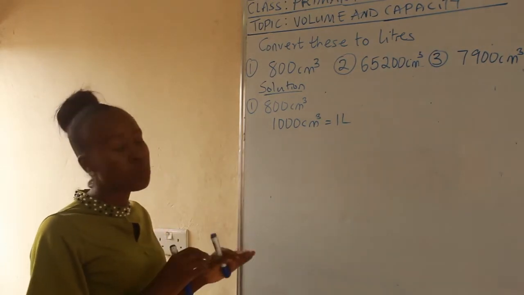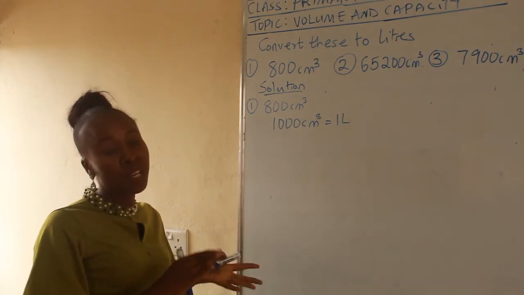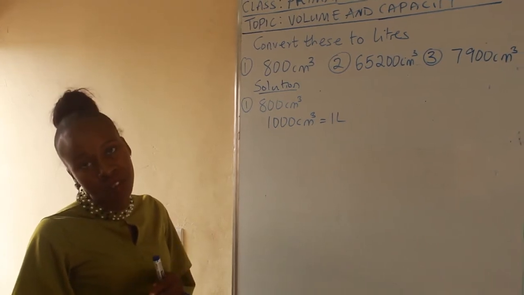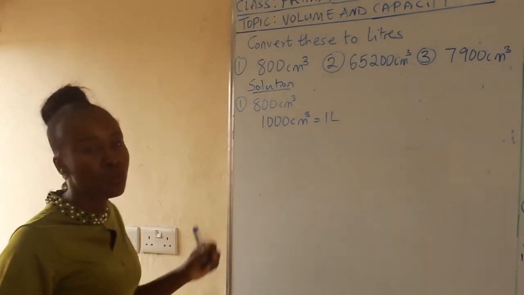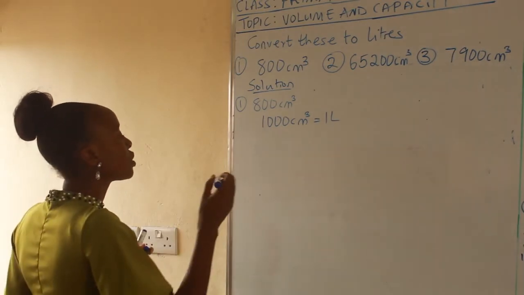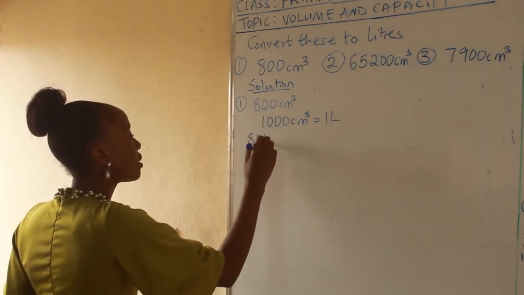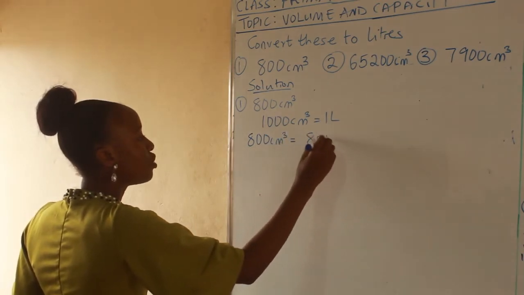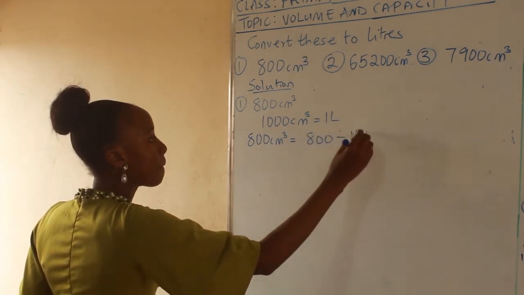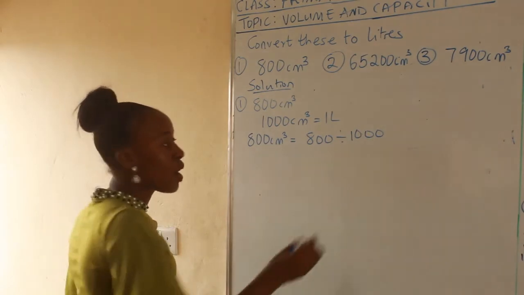So when we're converting from a smaller unit to a larger unit, you divide by the relationship, and the relationship here is 1000, so we'll be dividing by 1000. So 800 cm cube is equal to 800 divided by 1000. So I will have